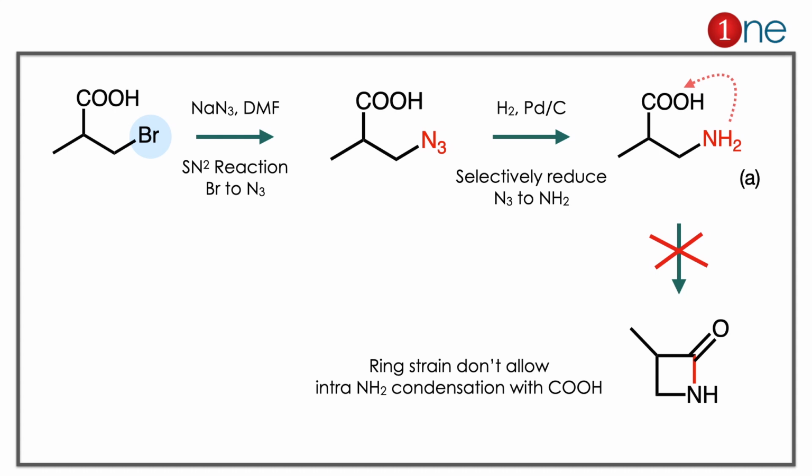Here further cyclization is not possible because of ring strain. It would be a 4-membered cyclic system with different heteroatoms and different hybridization. So it's impossible to have this 4-membered ring. So the answer is clearly A, which is the previous steps.